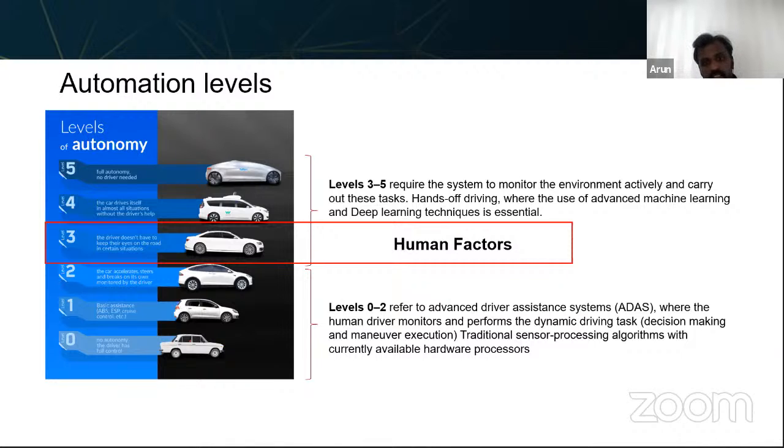So that's why there is a lot of research going on in trying to tackle this particular situation where the humans and the vehicles try to work hand in hand. And level 4 and level 5 is quite easy, because you define from the beginning that the vehicle is responsible for all the driving related tasks, and then there is no need for the humans to intervene. But without reaching level 3, it's a bit hard to go to level 4 and level 5.